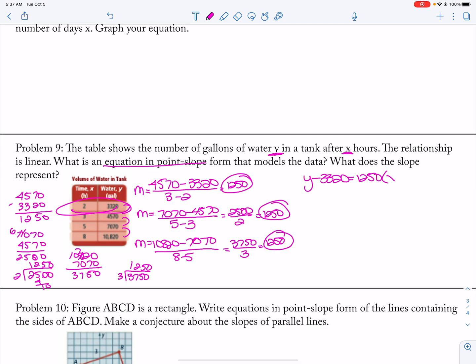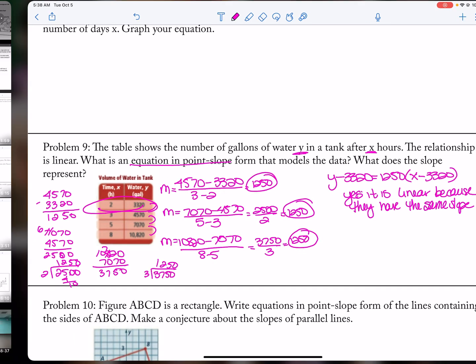And it's y and x. 3320. Okay, so yes, it is linear, because they have the same slope. And then, so I've answered the first two questions. What does the slope represent? The slope